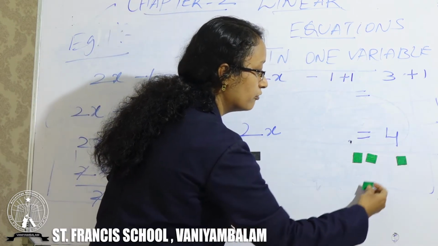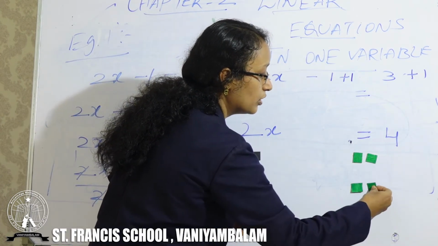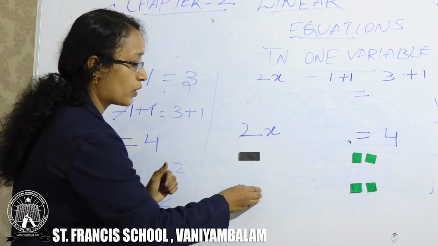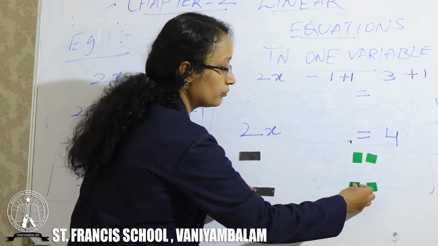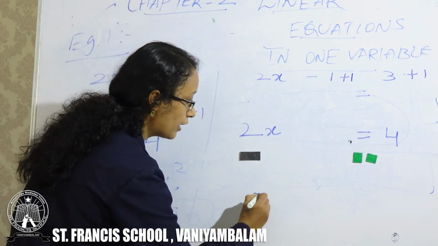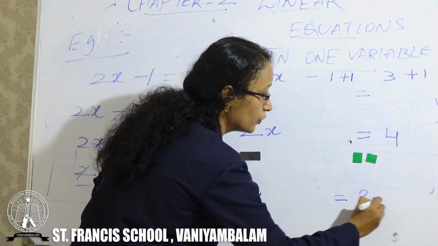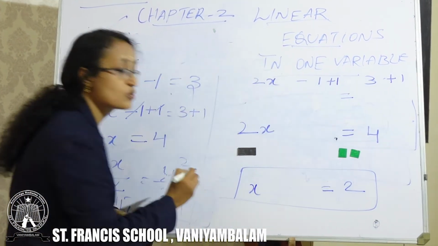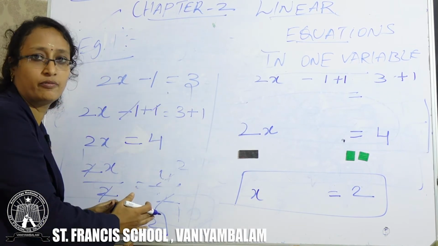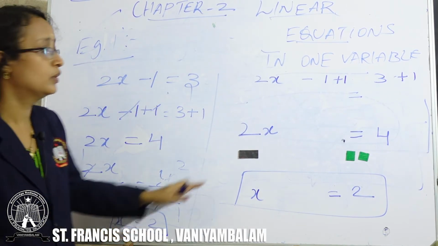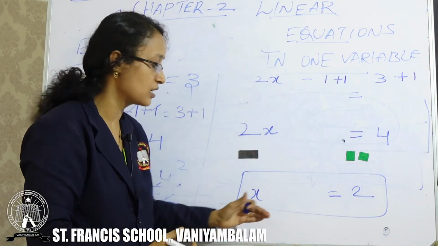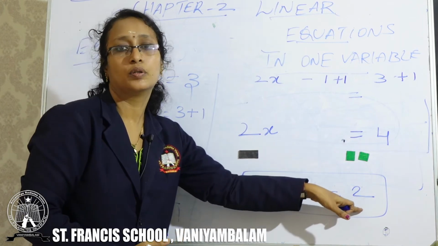I am going to give 1x, I am going to give 2 constants. Is it equal in groups? Yes. So you can remove one set of group. If you remove one set of group, what is remaining? X. You have x here and here you have 2. So what is the solution for this equation? X is equal to 2. So if you find using first step method, you will get x is equal to 2, and I had given you the experiment also, that is using tiles working model. So x is equal to 2.